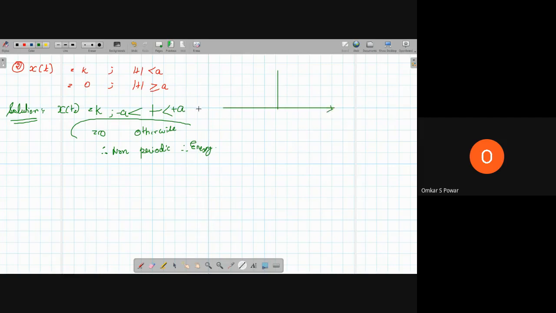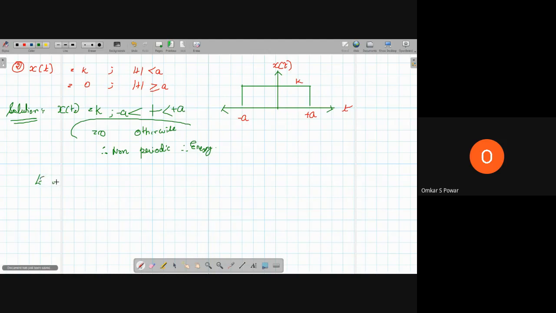So if you want to represent this graphically, how do you represent this? Okay. So here you have your x and here you have your y. So you want x of t is equal to some k which lies between minus a to plus a. So this k lies between minus a to plus a. And what is the value of that? X of t is equal to k. So this is the value of x of t with respect to t. Okay. Now we will solve the problem.